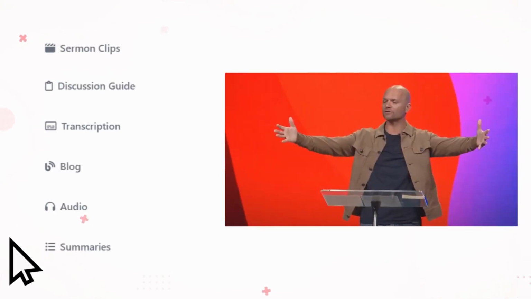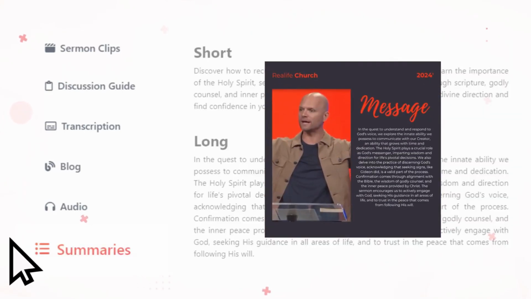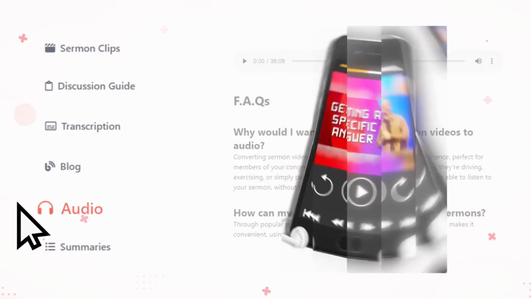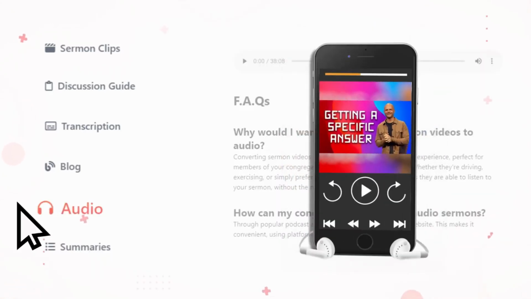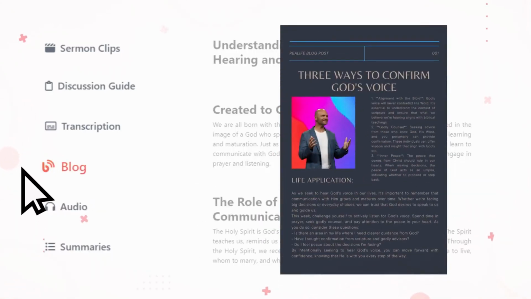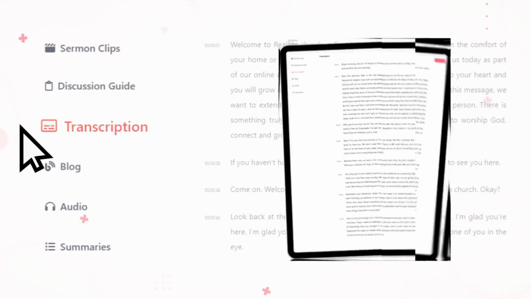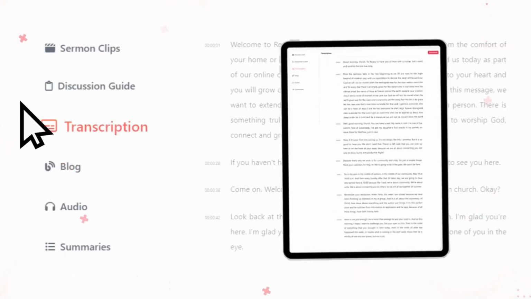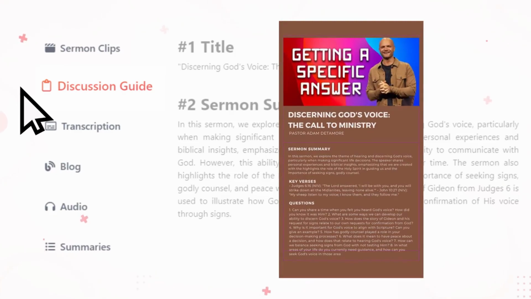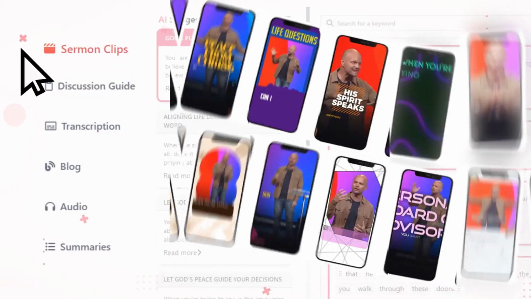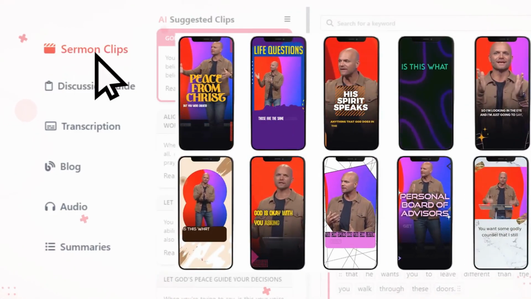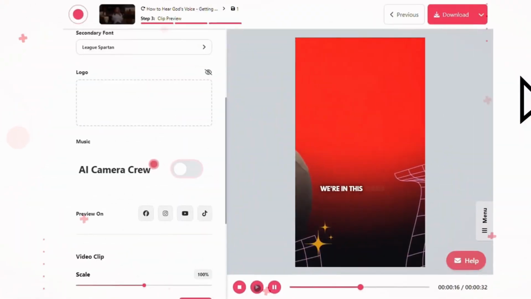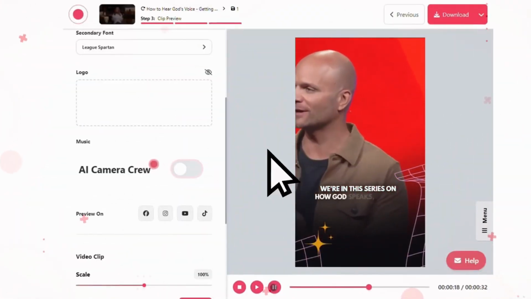Counsel, you want some godly counsel that I still use and pray to this day when I'm trying to discern God's voice. The first is that feeling going away. That thing that you feel like the Lord has said to you, is it going away? Or is it, this is the term that we use in our family, is it just, all right, so we're in this series on how God's,